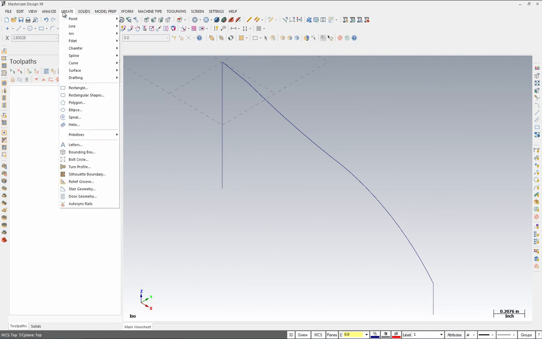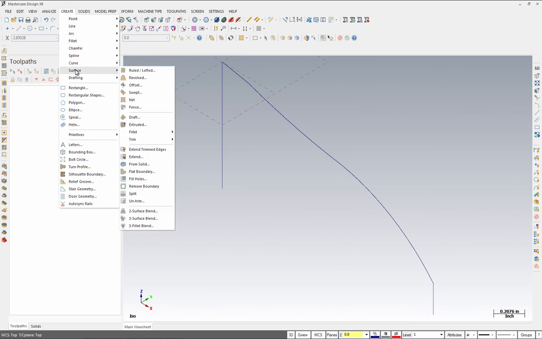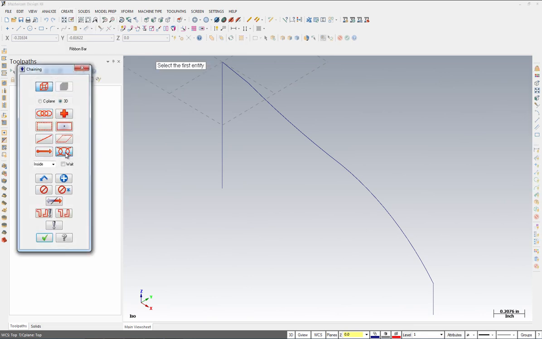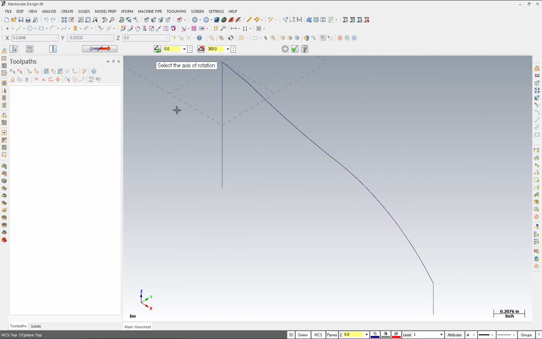Come up to the top and select Create, hover over Surface, and select Revolve. We are going to partially chain it, and we're going to select this line here, followed by this line here. Once this is done, select OK on the chaining dialog box. From here, we will update our start angle to be 247.5, and our end angle is going to be 292.5, and hit enter